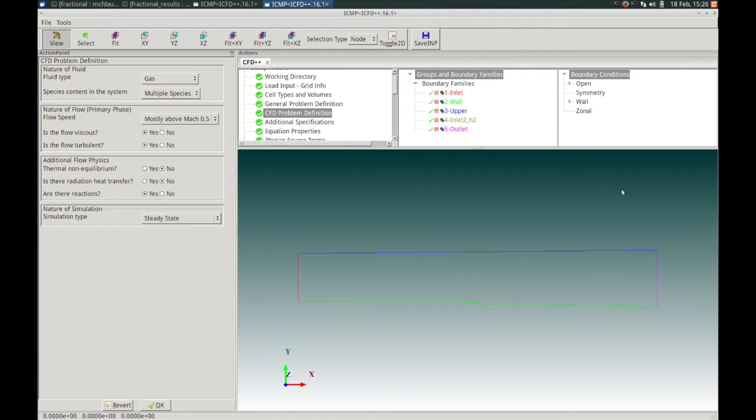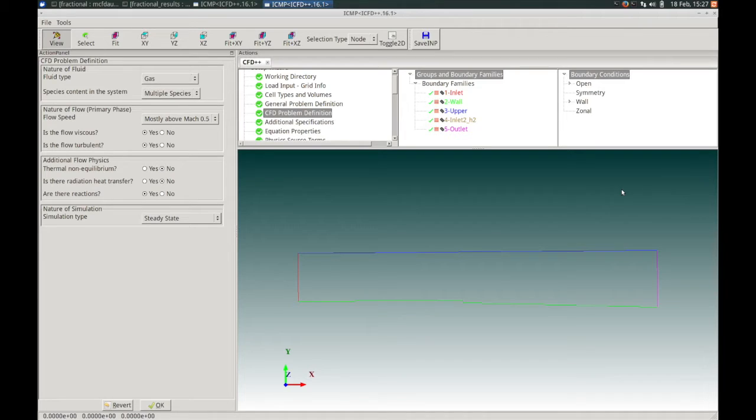In this ICFD++ example, we are going to demonstrate the steps to set up a supersonic reacting flow case using the new Integral Computational Multiphysics Advanced User Interface, or ICMP AUI. This example case emulates the experimental configuration studied by Burrows and Kirchhoff. The problem consists of a hydrogen jet forced into a supersonic airstream and is designed to introduce the user to setting up and running a chemical reaction model in CFD++.